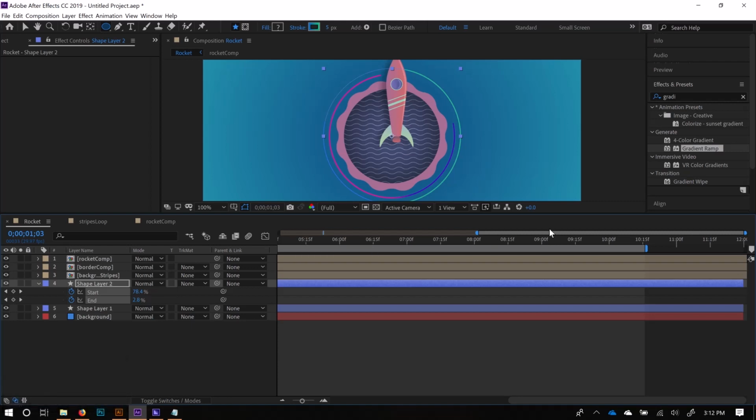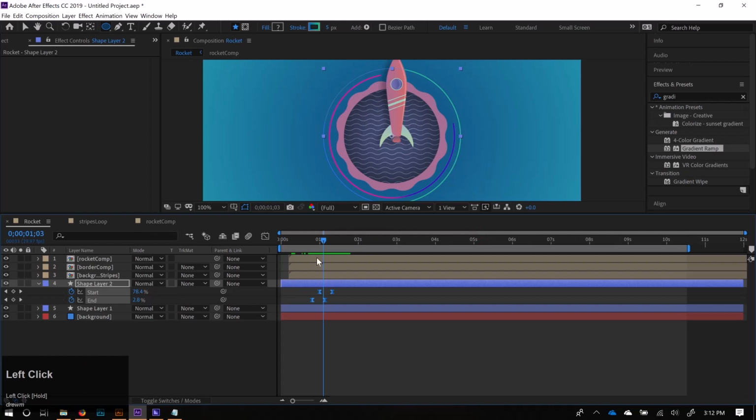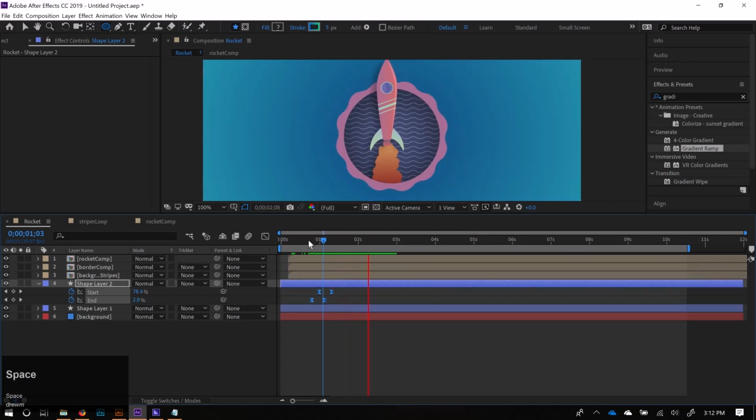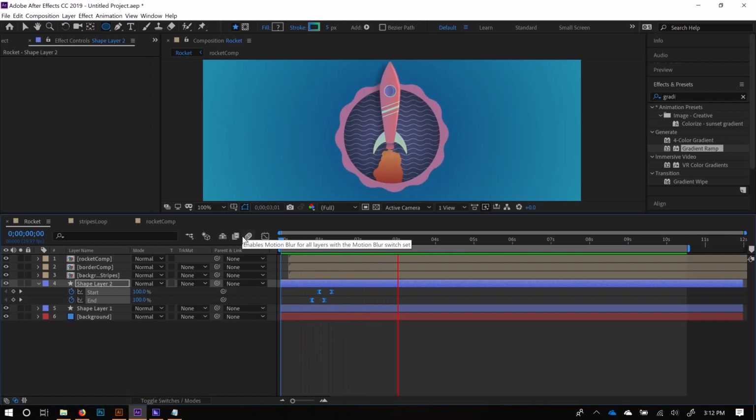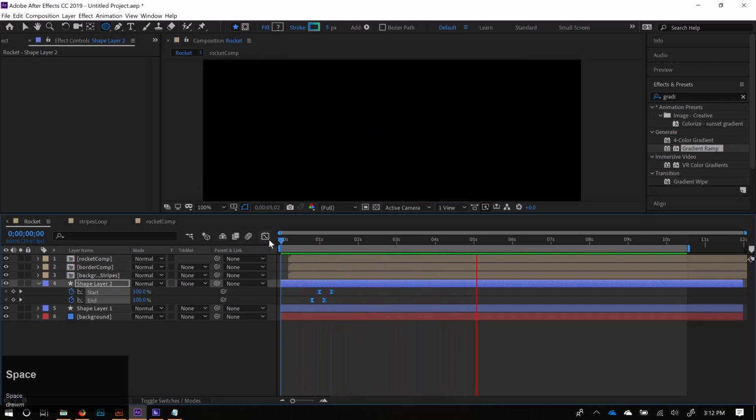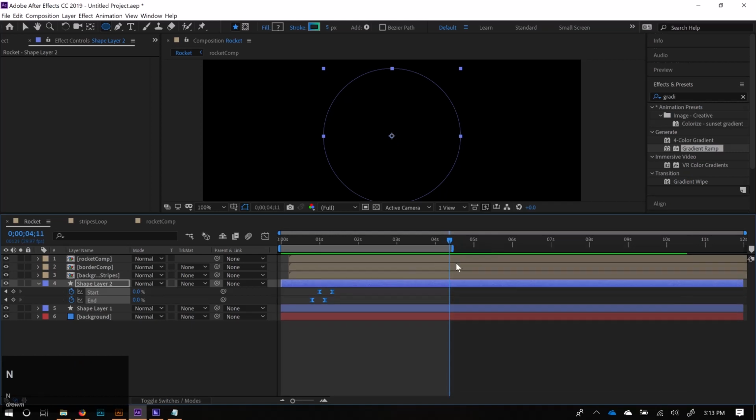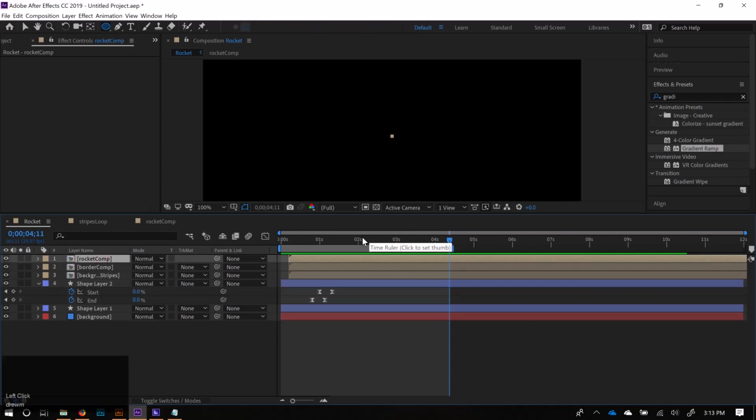So let's zoom out here. Let's have a look, and go ahead and start at the very beginning. Scales up, jumps around, and then everything scales down. Perfect. Okay, so that's what we want. As soon as it's off the screen, where does it exit? It's about 4, just a little more than 4 seconds. I'm going to hit N on the keyboard so we get the end of the work area. And then the very last thing that we're going to do